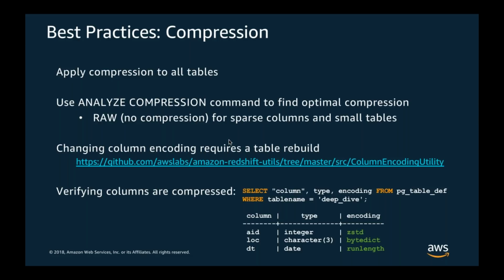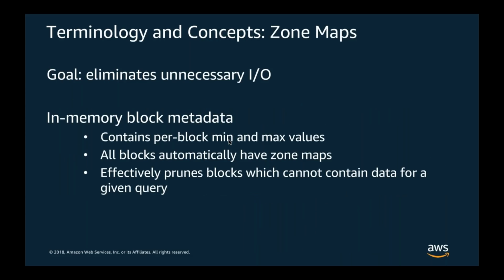So we spoke about columnar, we spoke about compression. Let's talk about the next concept, which is zone maps, right? So zone maps are nothing but in-memory metadata about the underlying blocks in your cluster. Remember, each block is holding a particular column's value. So let's say you have an ID column and a particular block has values of, let's say, 10,000 IDs. Now, what the zone map does is that it maintains the min and max value of that ID in that